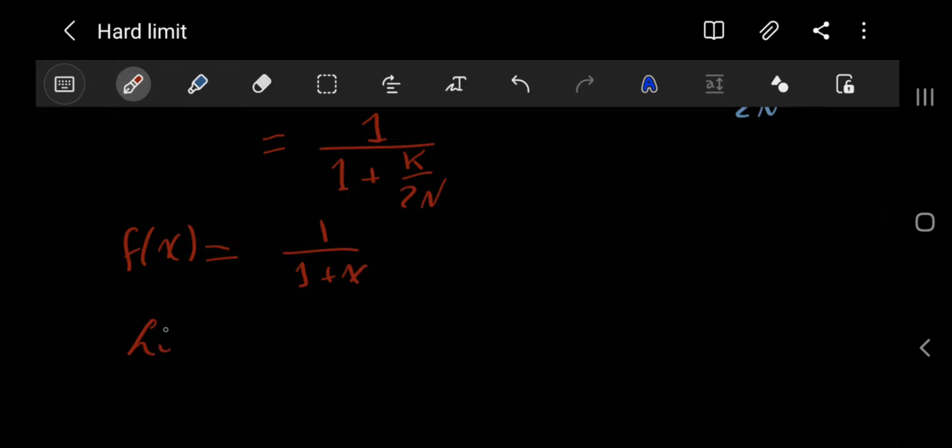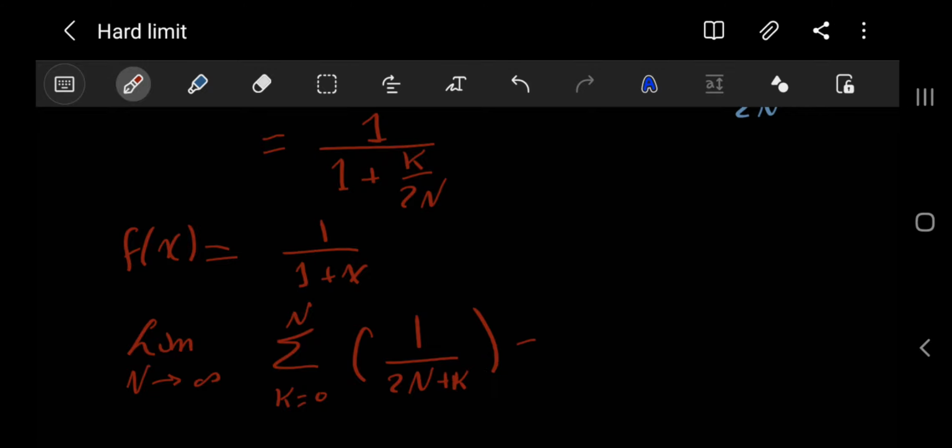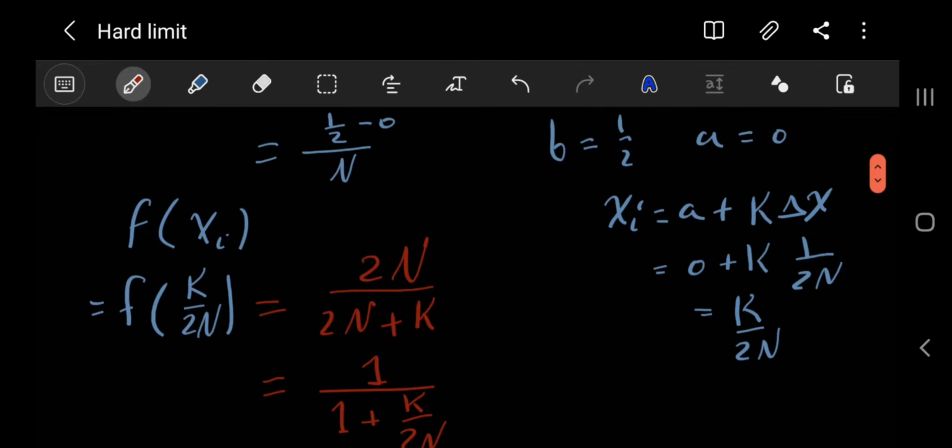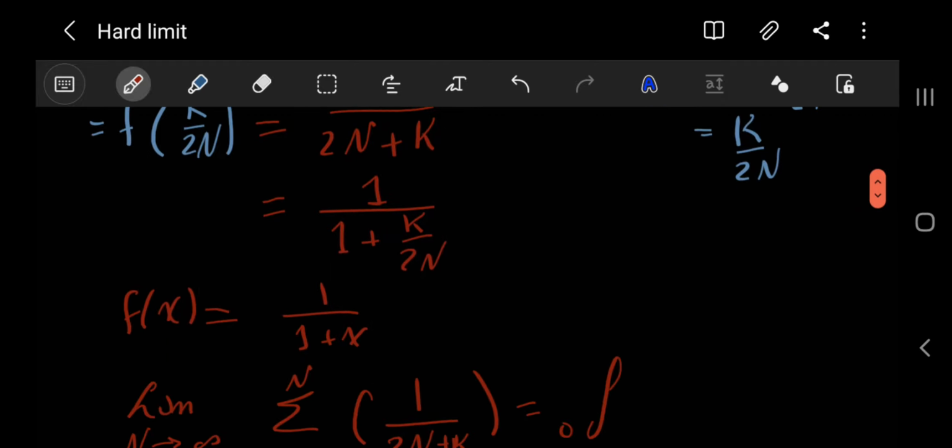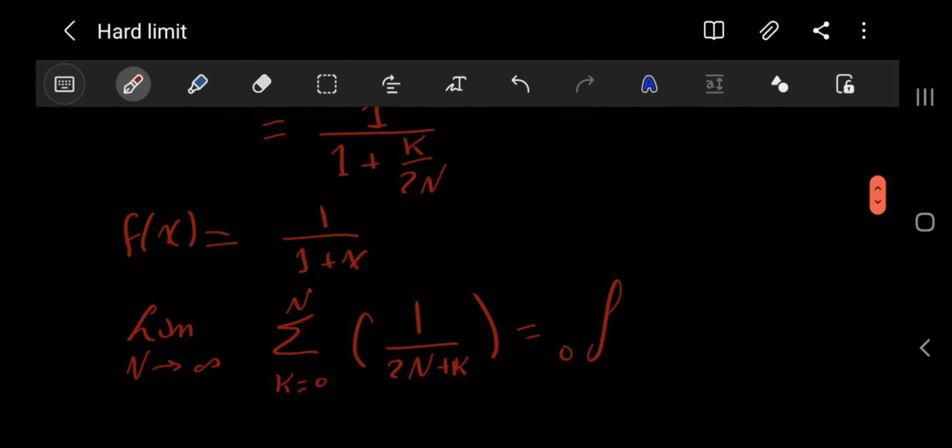So the limit as n tends to infinity of the sum from k equal to 0 to n of the summand, which is 1 over 2n plus k, will actually be the integral from a, which is 0, to b, which is half, and the function we found, 1 over 1 plus x,